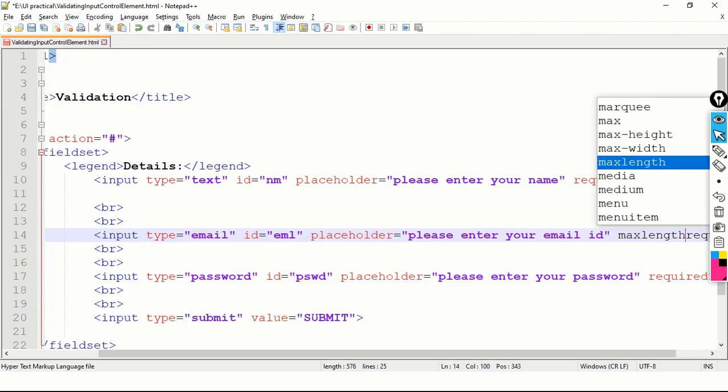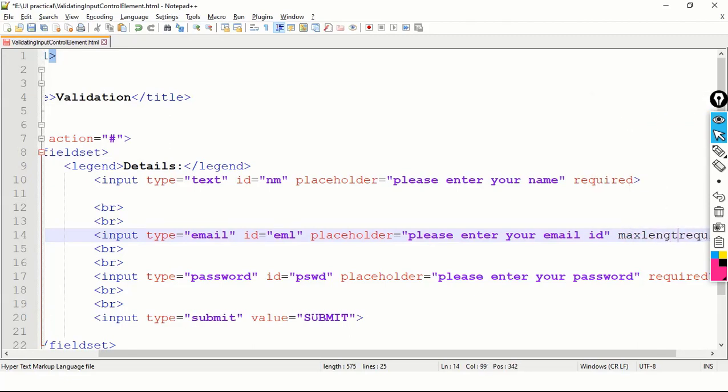Here I can specify the min length and max length of the input value.